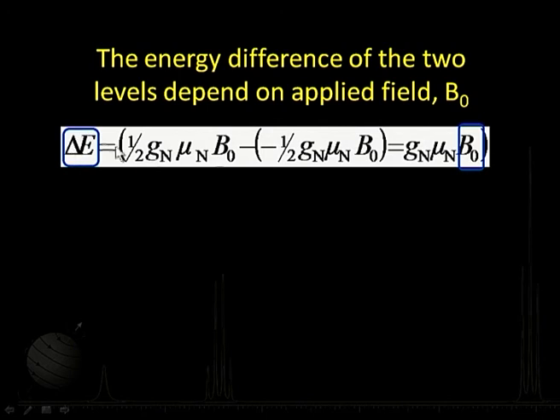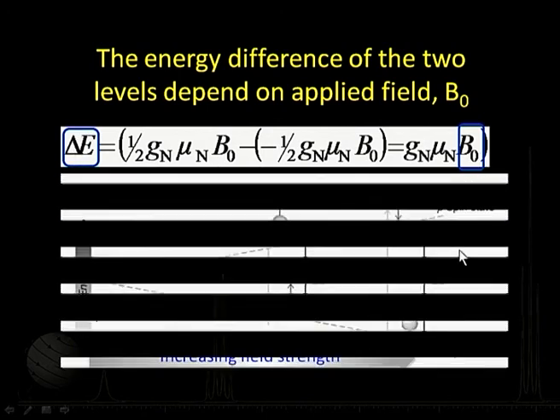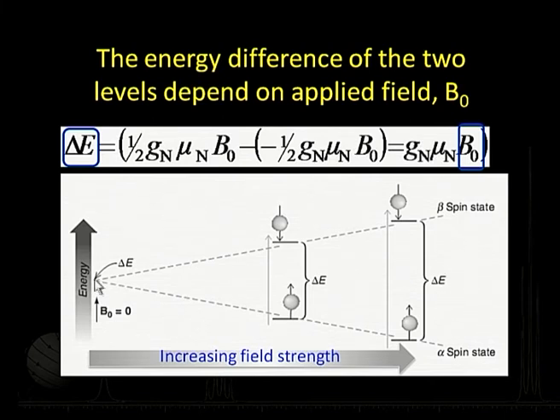What is important here is that this delta E, the splitting we have achieved, is proportional to the applied field, which we can show schematically. When there is no field, delta E is 0. Both the spins are randomly oriented, and they are degenerate. But the moment I apply a field, the two energy levels come into existence, and the delta E values depend on the amount of field applied. As field strength increases, so does the delta E value between the two energy states.